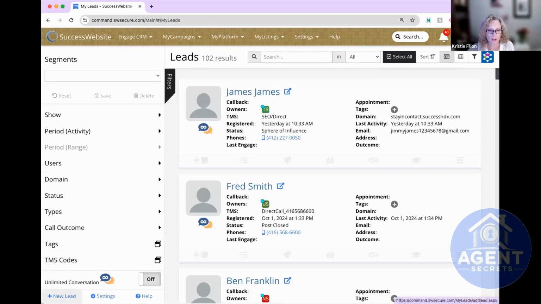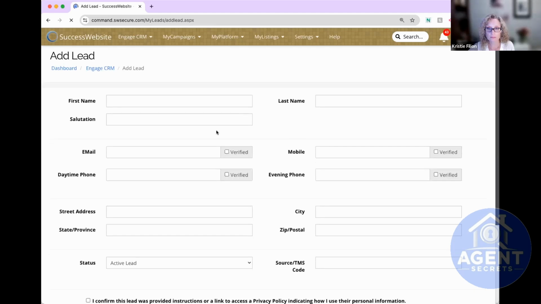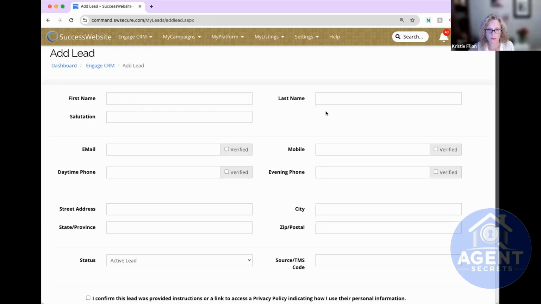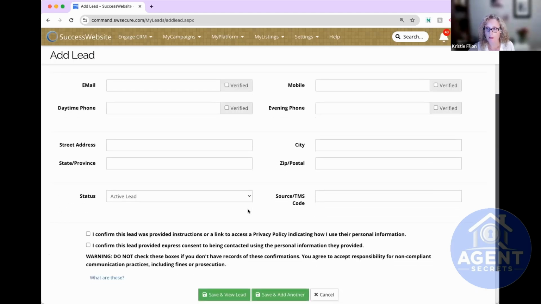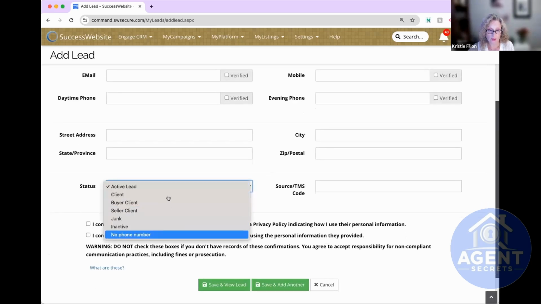So here in the bottom left-hand corner, we have this button for new lead. So when you click on that, it's going to pop up a form where you enter in the new lead's information. This is all pretty standard stuff, you know, first name, last name, address, all that, status, right? So make sure you put in the status here.